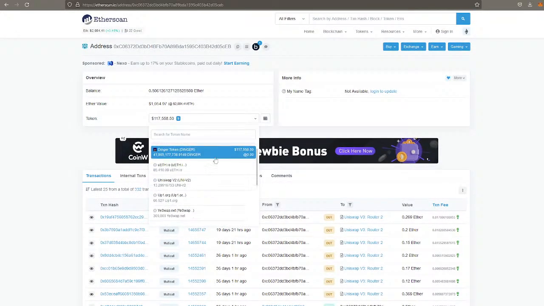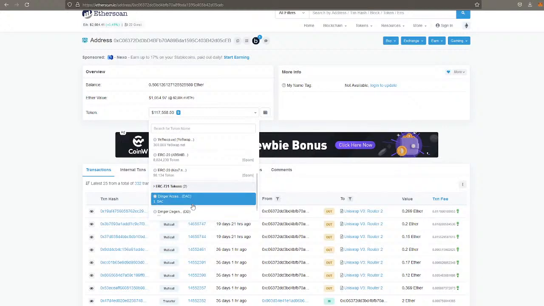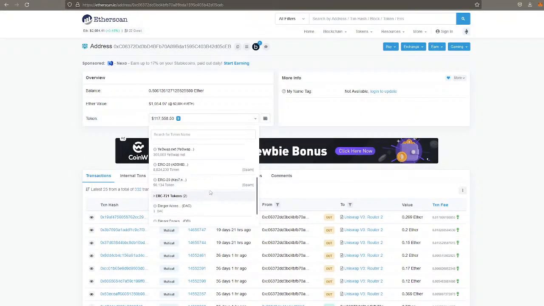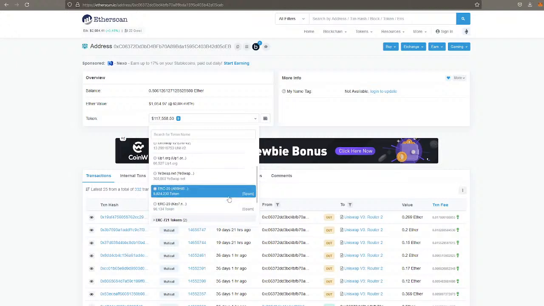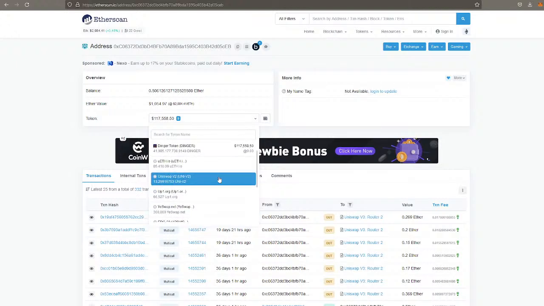As well as all of the ERC20 tokens, the 721 tokens, which are your NFTs, and there's a couple other types of tokens you can see there as well. As you notice, a lot of these are spam. People can contribute or donate tokens or airdrop tokens to you willy-nilly, and a lot of times they are a